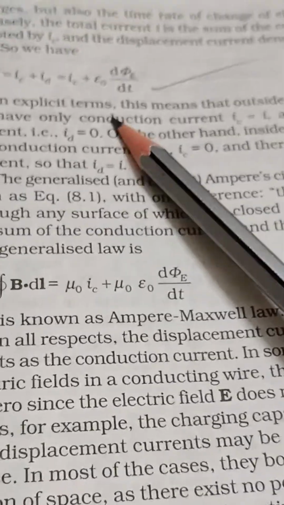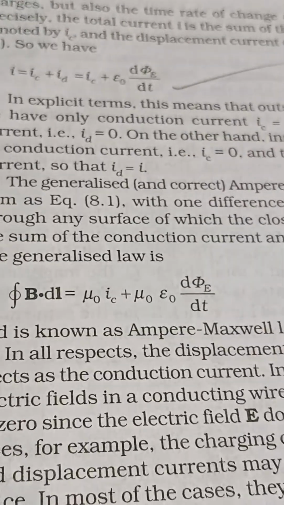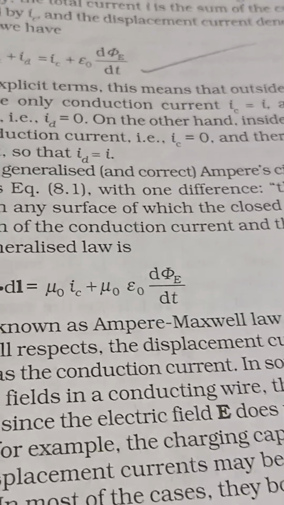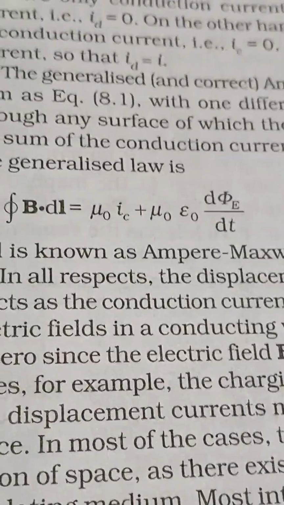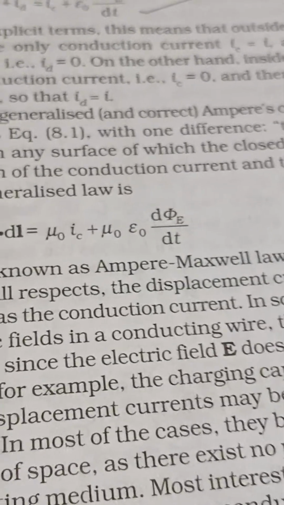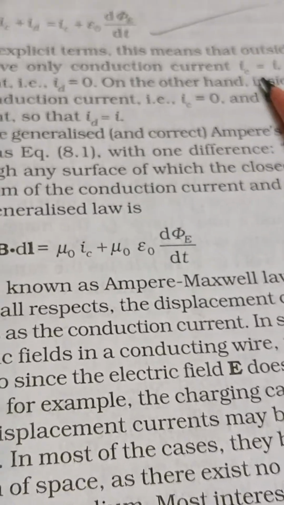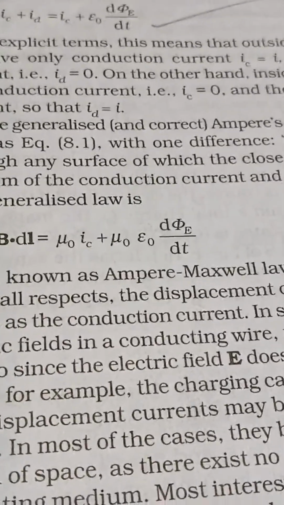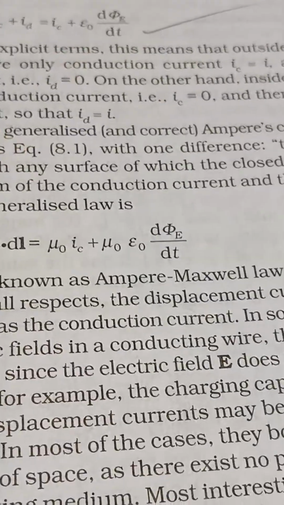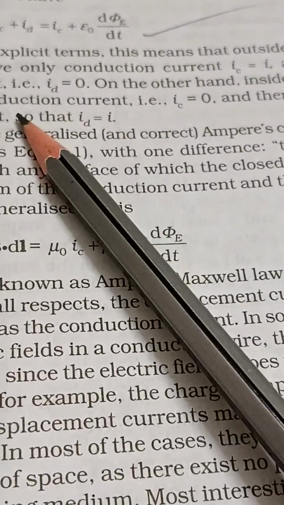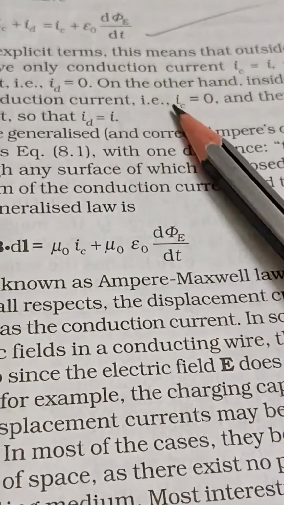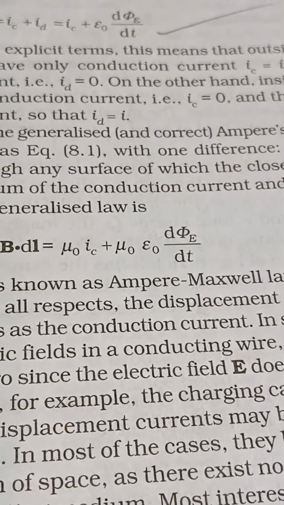In explicit terms, this means that outside the capacitor plates, we have only conduction current, I_C equal to I, and no displacement current, I_D equal to 0. As per example, I_D is equal to 0. On the other hand, inside the capacitor,